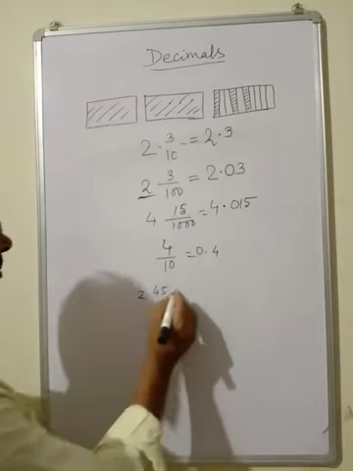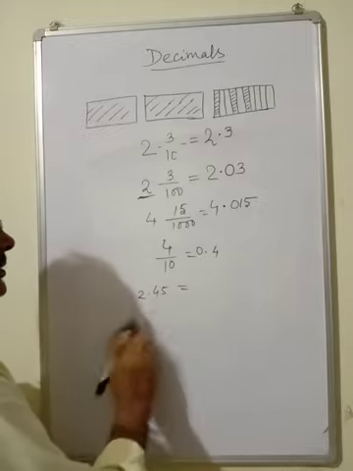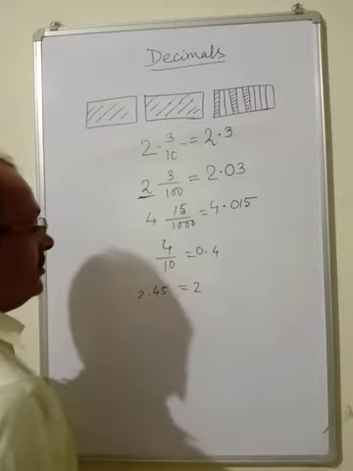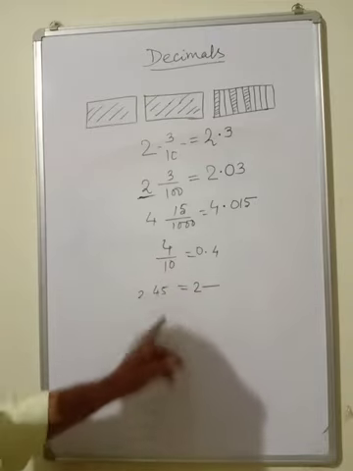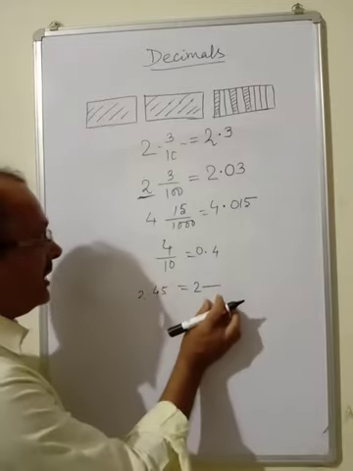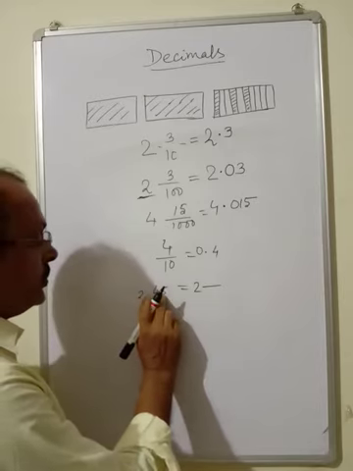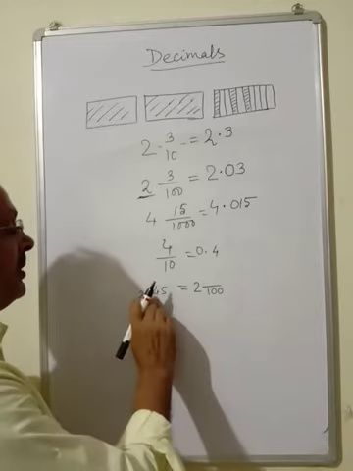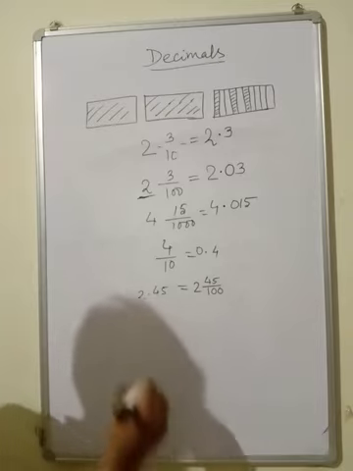Now see 2.45. This is a decimal number, you have to write it as a mixed number. So first, how will you write the mixed number? Write 2 here. This is the whole number, and then give this line. Now see properly, then you can write what will be the denominator. Count how many digits after the point: 1, 2. So here you have to write 100, and at the top this will be 45.